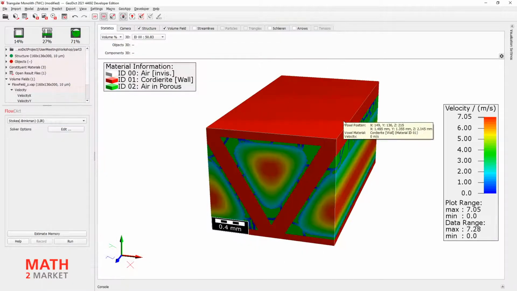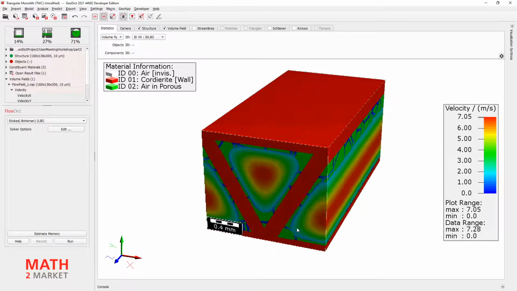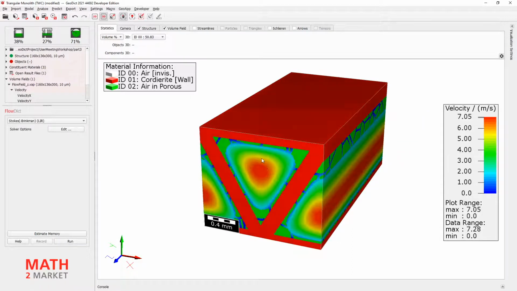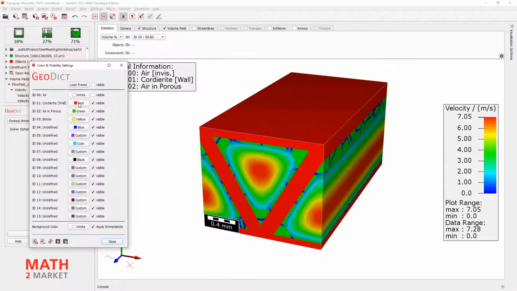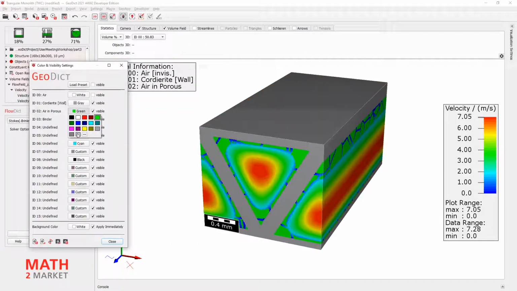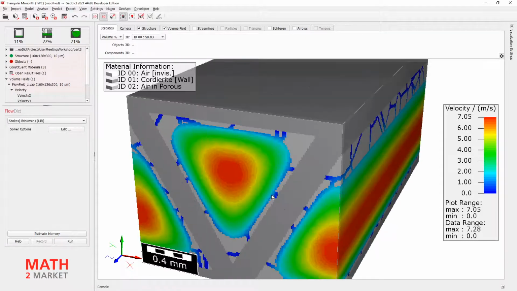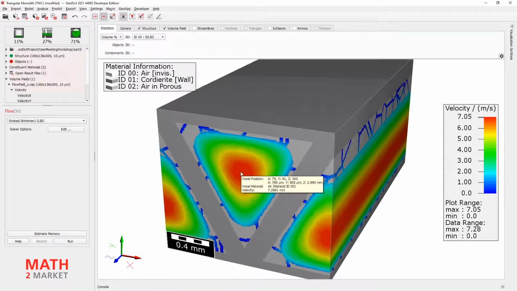Then we can see how our flow velocities look. What you can now see is we have colors in our structure and we have colors in our flow field. So I will quickly change our structure to be black and white here. So I use some gray colors, and then it cannot be confused with the velocity. And if you now have a look at our values, you can simply hold your mouse over it, and you can see here in the middle we have some velocity of 7 meters per second or faster.